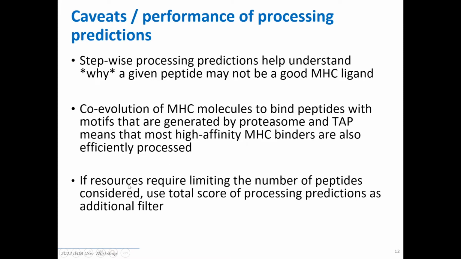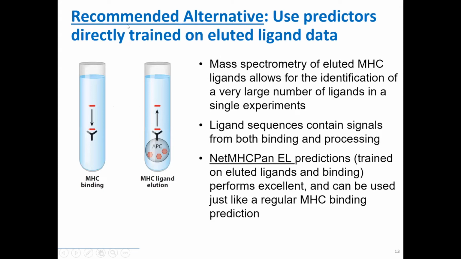So if you want to understand these, they're useful to use, and if you need to further limit the set of peptides you want to test, this can be an efficient way using this total score instead of MHC score by itself. But the advantage is rather minor. I think the biggest advantage here is, again, the understanding of what the different factors are. Instead, what we recommend at this point is to use